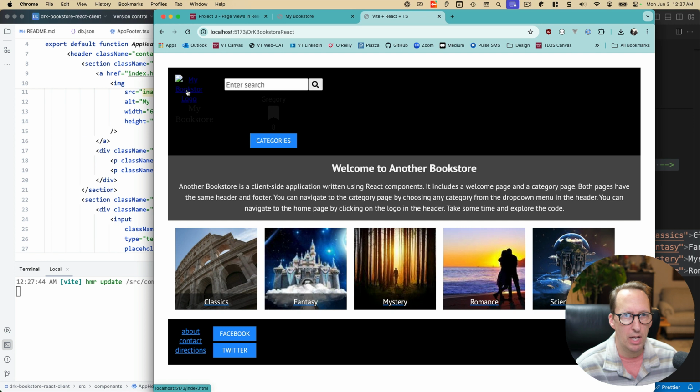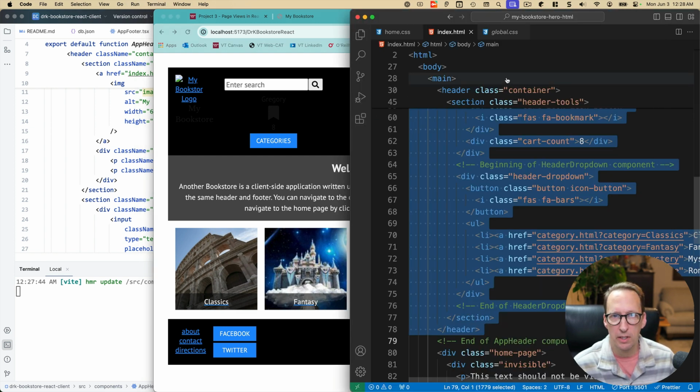Okay, I got my bookstore logo here. I got my categories menu down here. I don't really want that. I got a search bar that is not styled. So I'm going to assume that I got my HTML in this header correct, but I don't have the styling. I don't have the CSS. Okay? So what I'm going to do is I'm going to go back here,